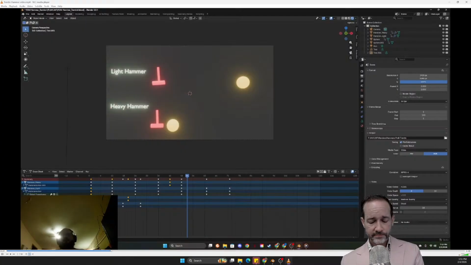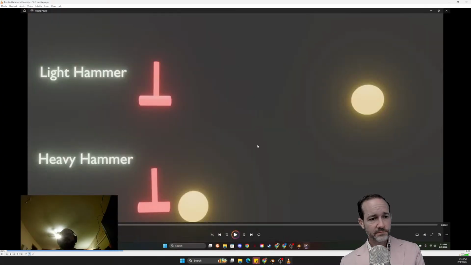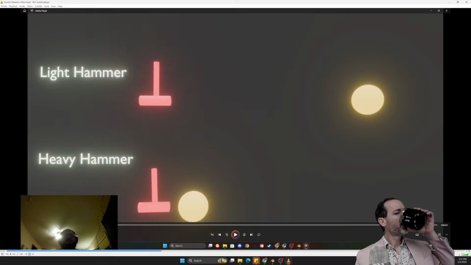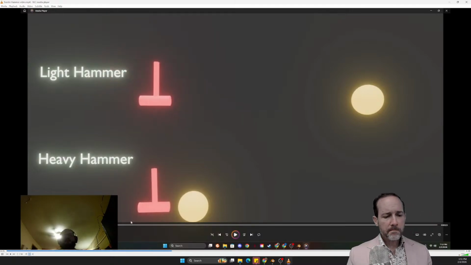Wanting to emphasize the weight of the hammers as well as the resistance faced by the balls, which is why the hammers have different swings to them and they stop at different times and the balls go farther. Because I wanted to make sure that that sense of realism was shown and how they would connect and the physics would apply to it.